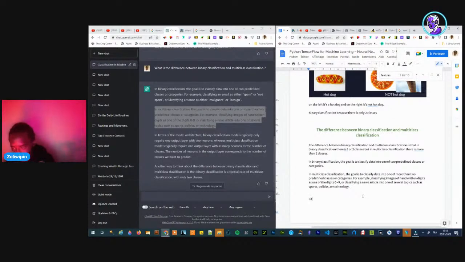information about the model architecture. So, what is the model architecture of binary classification versus multi-class classification?